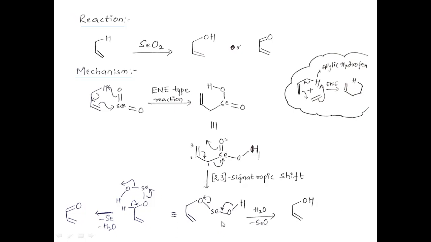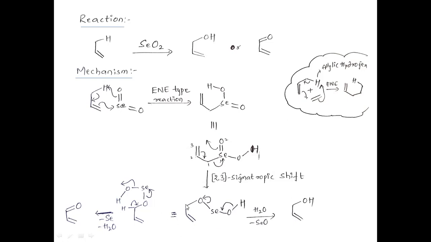Now let us see how allyl alcohols and alpha beta unsaturated carbonyl compounds are formed by the decomposition of this molecule. If this molecule is undergoing selenium oxide elimination, here the oxygen hydrogen bond pair of electrons is shifted here, and this bond pair of electrons is shifted over here. O minus will take this H plus, in presence of water. So this molecule undergoes decomposition to give the byproduct selenium oxide, along with the main product, that is allyl alcohol.